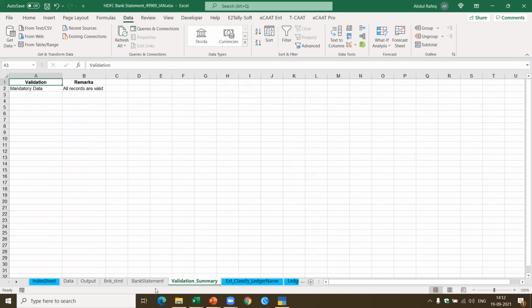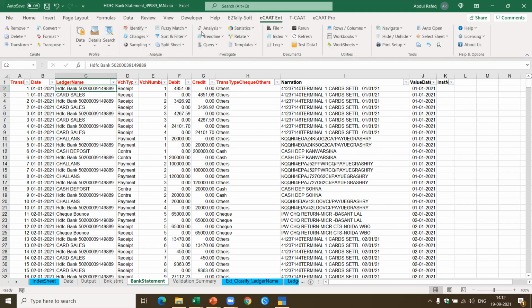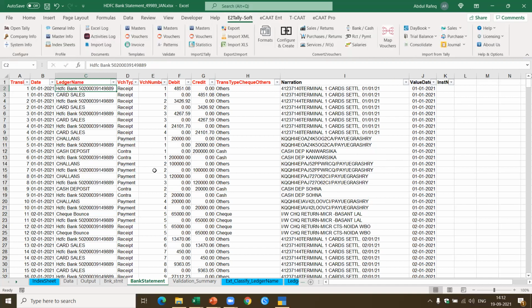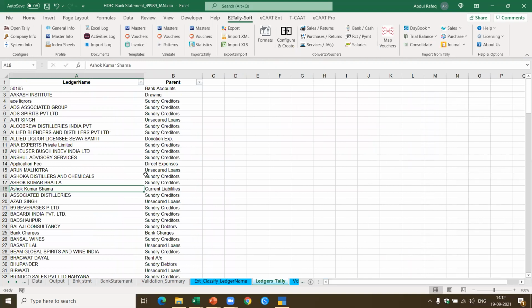I can also convert this. For example, based on the bank statement which is available now here, I can insert a pivot table, and then based on that, I can extract the ledgers, add the parent, and directly create the ledgers using the import to Tally masters option. So this is what we have done here. I created the ledger name, added the parent, and once I've added all the parents, if I got a blank, then the parent is missing, Tally will give a validation error, or the software will also give a validation error. This is what I'm showing you.